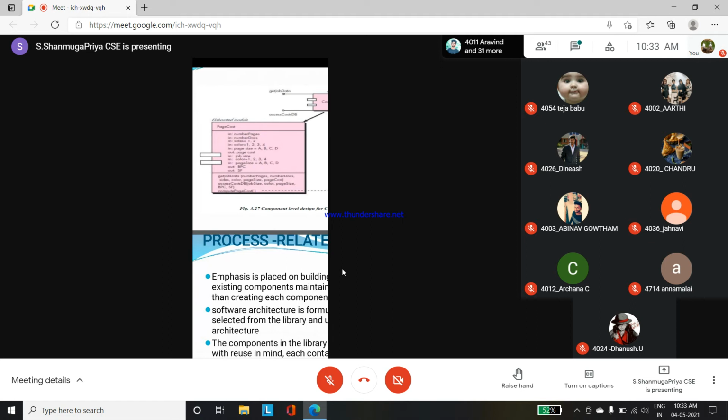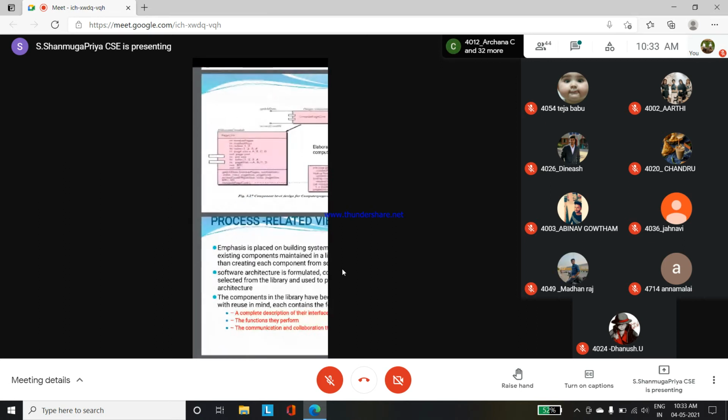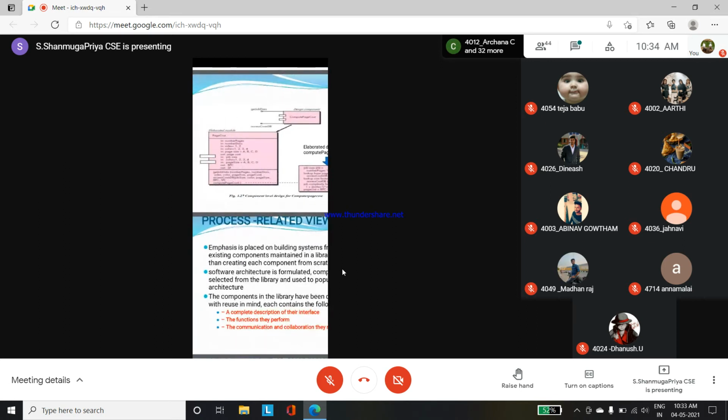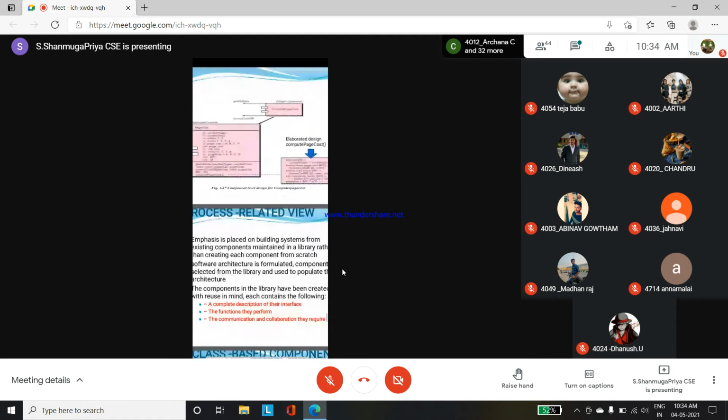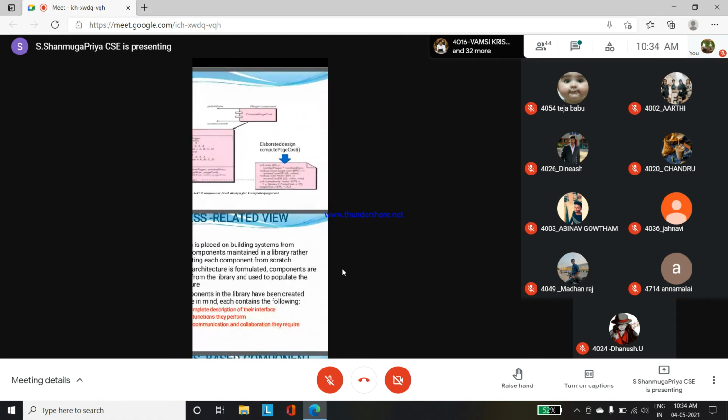If I use a function called page cost, then why I am using that page cost can be written using comment symbols. So in that box we can specify the rules we have to follow. Job size is equal to some calculation I'm using. To explain all those calculations, I can explain them here. So this is the elaborated design pattern. This concept is called the elaborated design pattern.